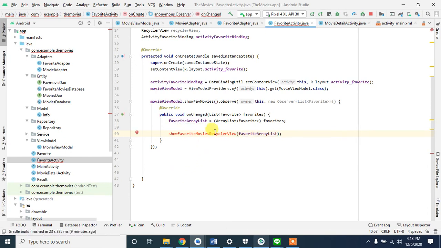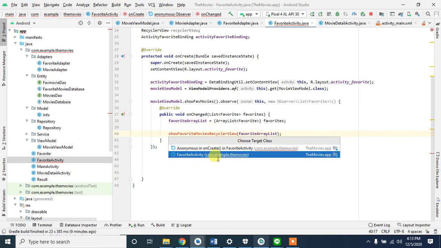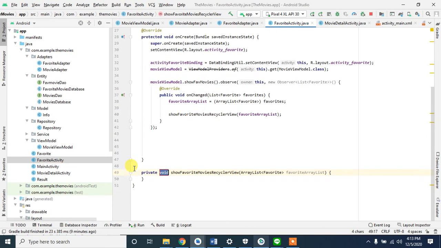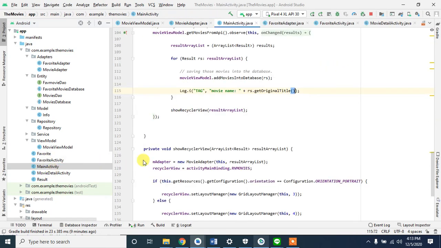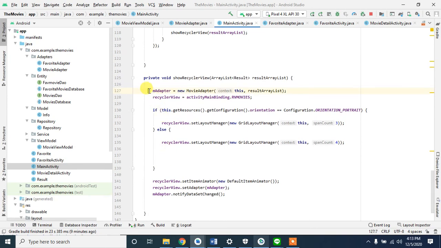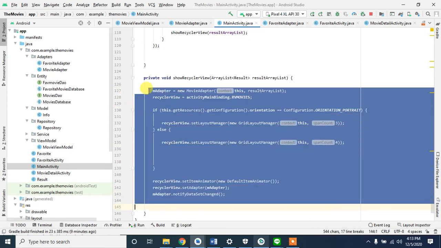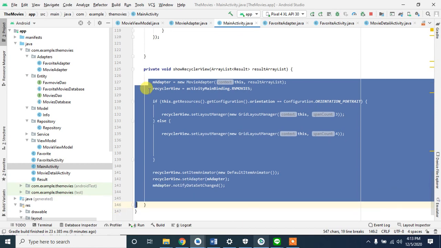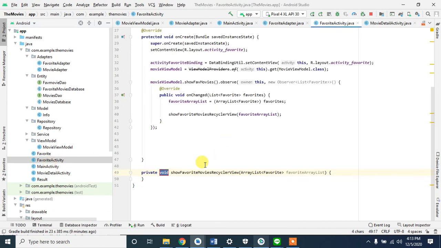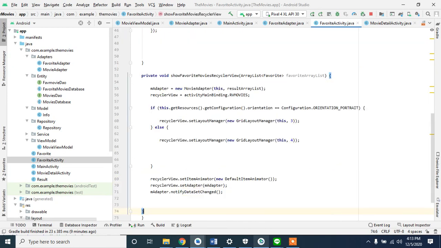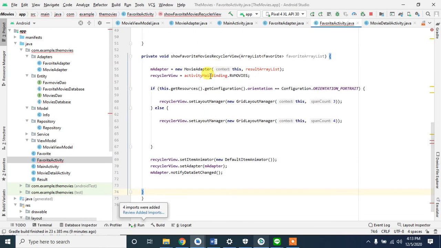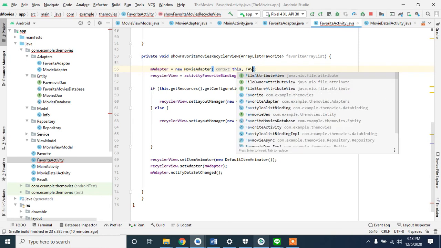Okay, so what I'll do is I'll just go to the main activity and get my recycler view that we were rocking in here and paste it, because after all the layout is the same, so it will work. Hopefully it should work. Okay, activity, so the recycler view rb favorites, favorite array list,